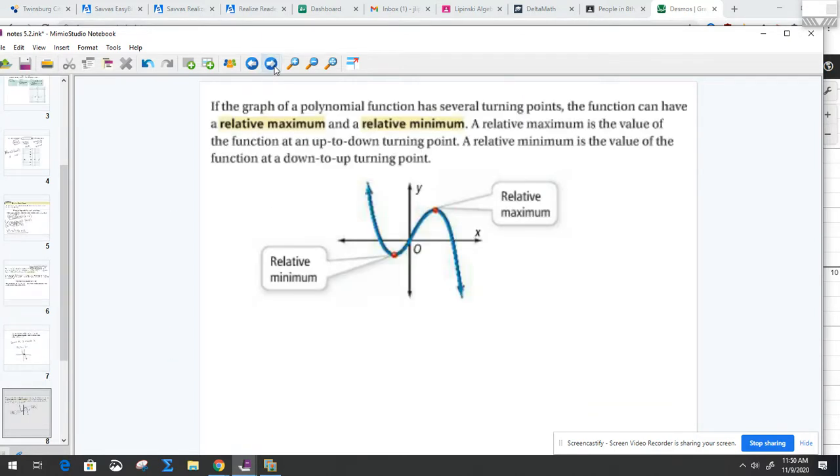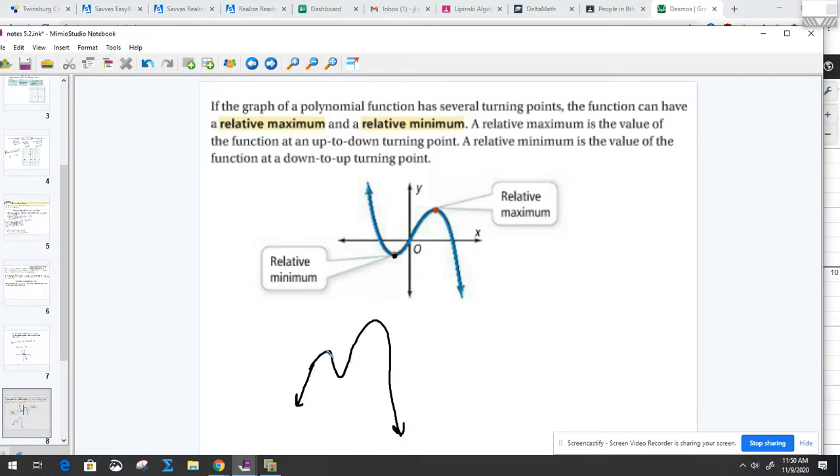So we talked about the turning points in 5.1. Now these turning points are called a relative max or a relative min. And through the graph, we just call them the turning points, but they're important points for us to be able to find. So a relative min is, again, when the graph goes from decreasing to increasing, and it's not the actual minimum. If I had a graph that looked like this,